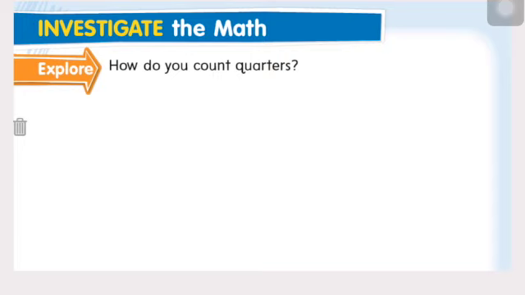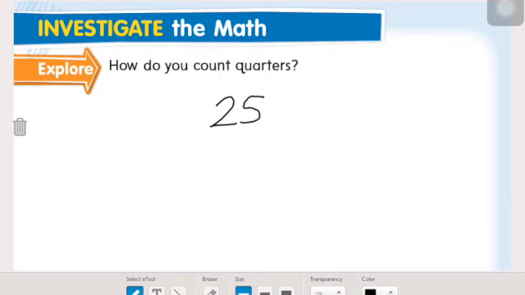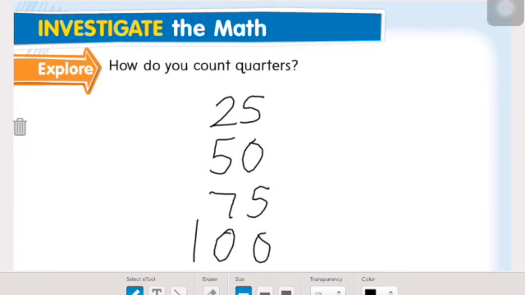Okay, so how do you count quarters? So we count quarters by counting by 25. So counting by tens, fives, and ones is a little bit easier for us than counting by 25s, right? We probably haven't done that too often. So I do want to practice that today. And I like to do a little chant to help me remember how to count quarters. And it goes like this: